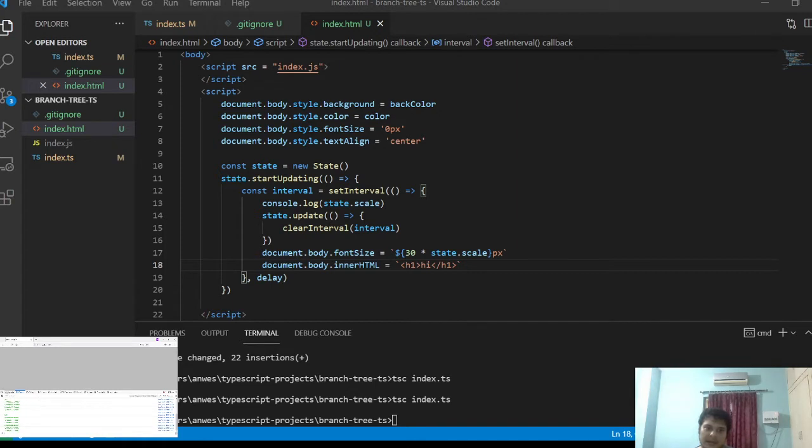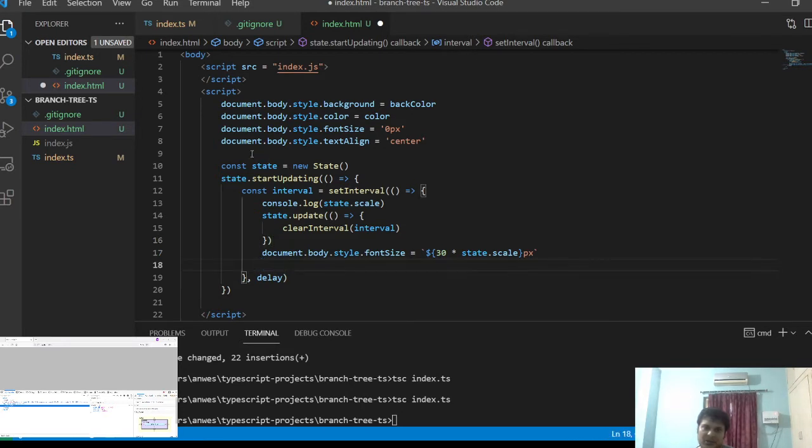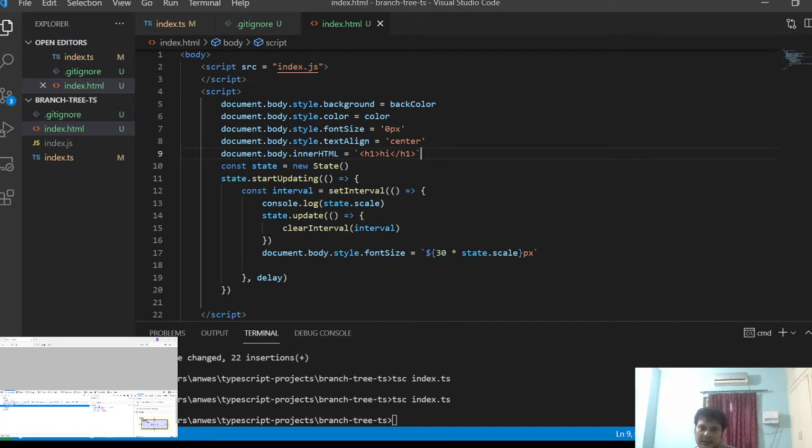Or let me check the elements. Okay, so this is the issue. I have not set it as a style. So that is a small issue. Let me check this. Yeah, this is coming. So this is the animation that is going to happen.